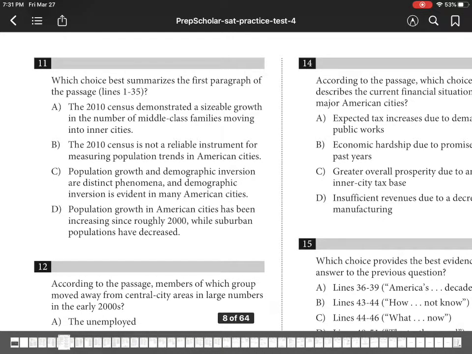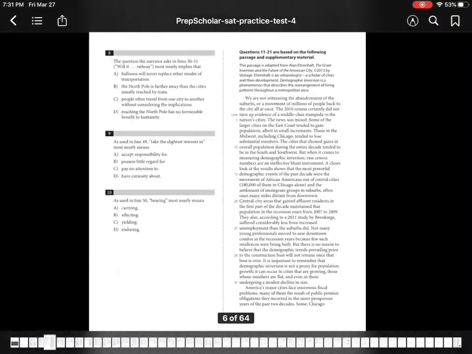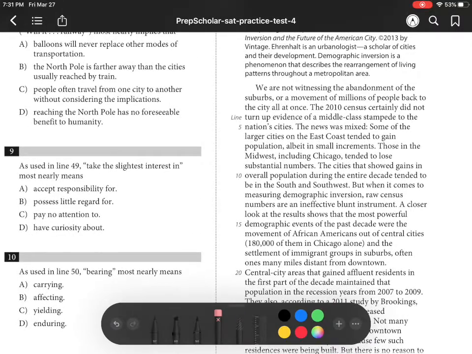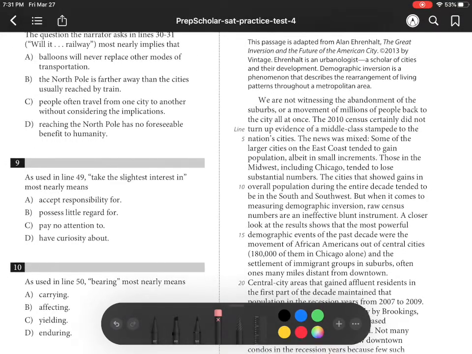Question 11. Which choice best summarizes the first paragraph of the passage, lines 1 to 35? So let's first go to that first paragraph. Now here at the beginning, the author starts by saying, "We are not witnessing the abandonment of the suburbs or